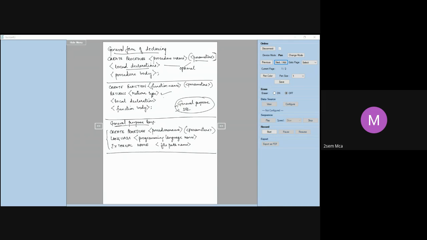We have just seen this. Ma'am, declaration and body are not necessary for the general purpose language, no? It is there. That also is there. When you write in a general purpose language, you specify the external name, the file path name. That indicates where you have stored the program, right? In that program itself you would have written everything: the local declarations, the body of the program, everything will come there only. Yes, ma'am. Any questions, anyone?